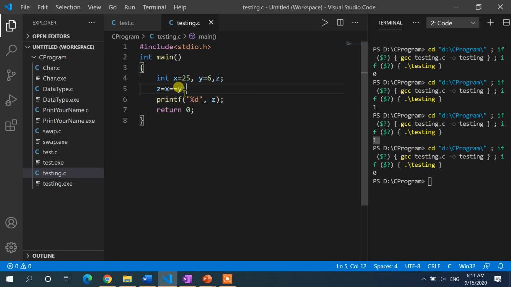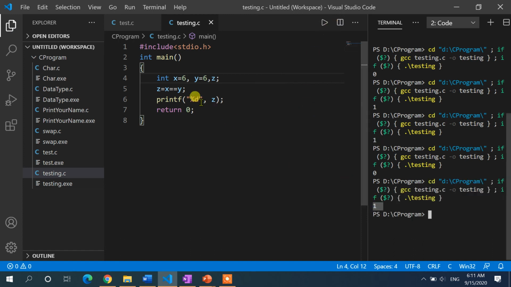So x double equal to y is showing 0. Obviously, because x is not equal to y, but we are trying to say x is double equal to y. So is 25 double equal to y? No. No means 0, so 0 will be assigned to z. Fine. For the next part, let's say I change the x value to 6. If x and y values are similar, then this will return true. So Control S, now run it. It will show you the answer as 1.